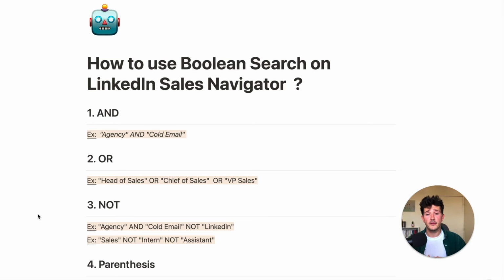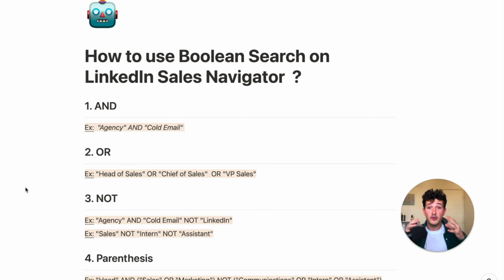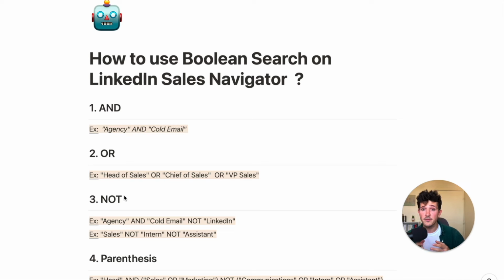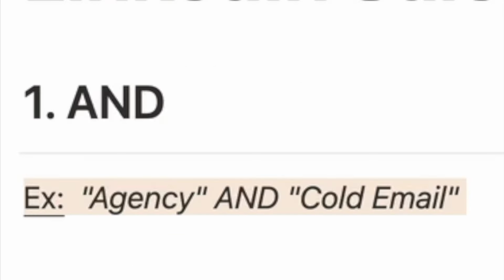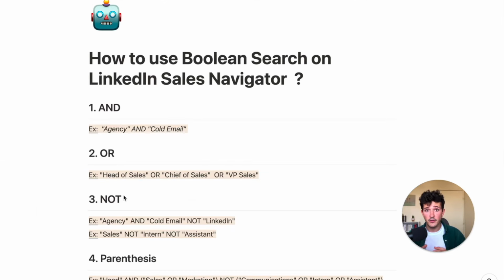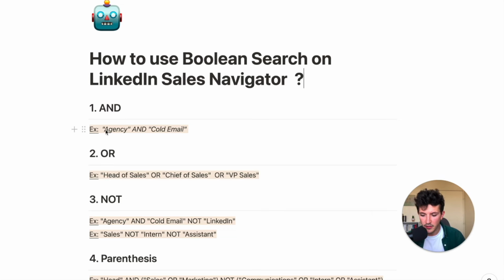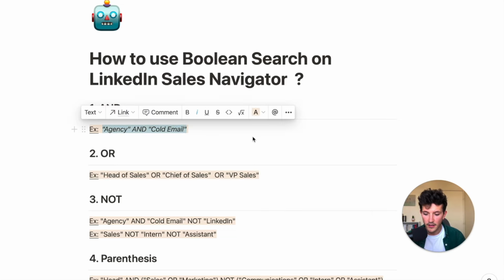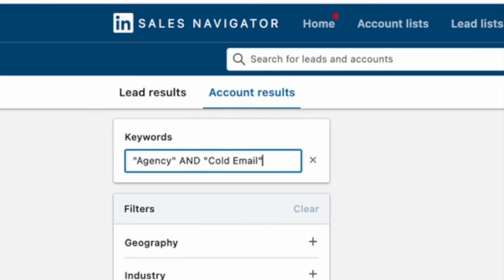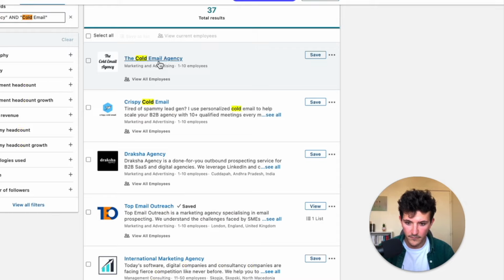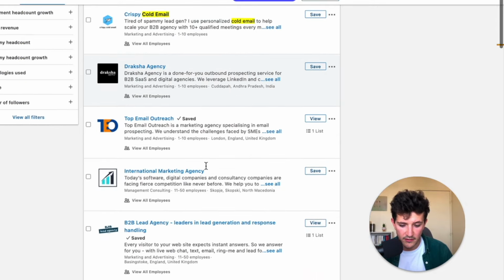The first operator you can use is AND. AND will be really useful if you want to search for profiles or company pages that include several keywords. For example, if I'm looking for cold email agencies, I can use the operator AND to write agency AND cold email. And by doing this, I tell LinkedIn that I want both keywords to appear on the company page. So if I copy paste it on Sales Navigator, you're going to see that here I have mentions of cold email